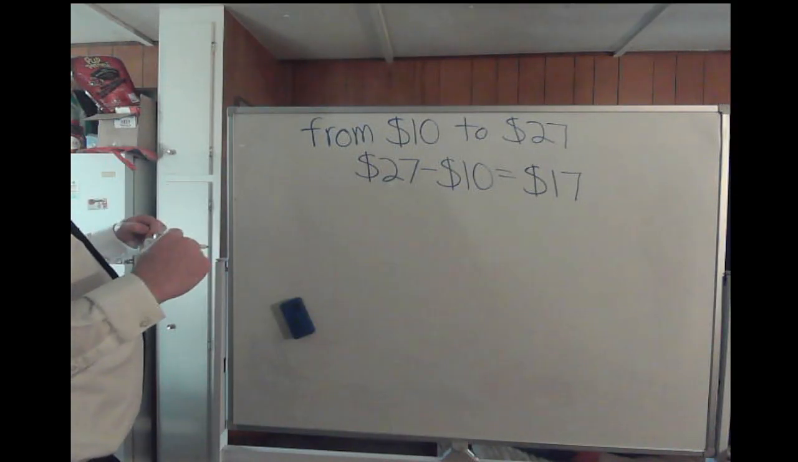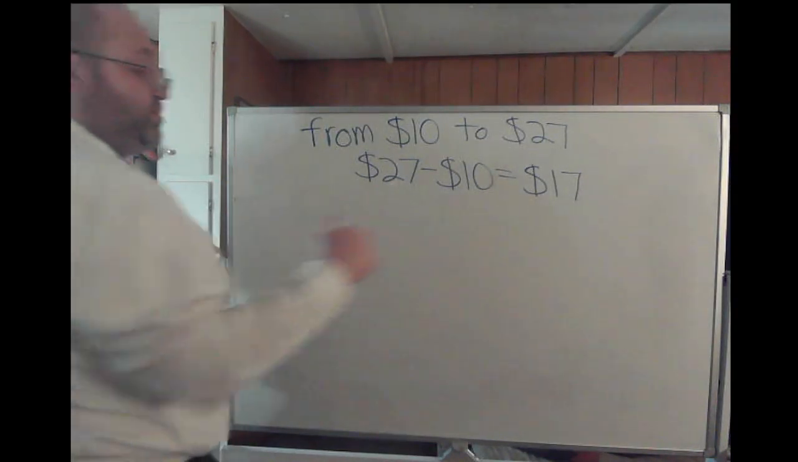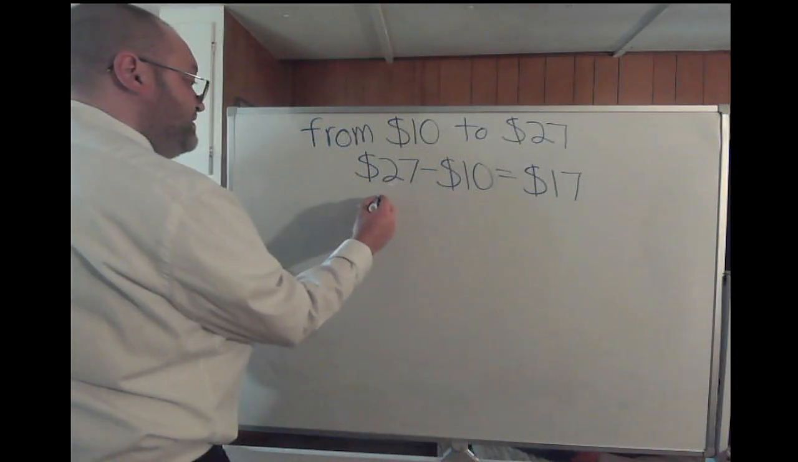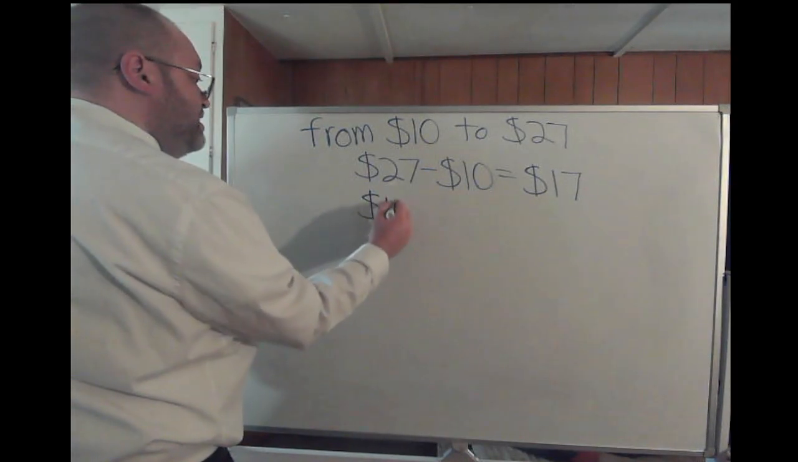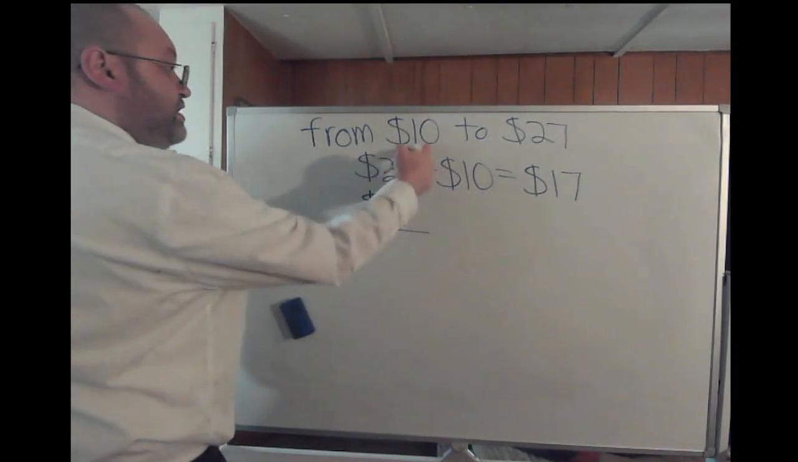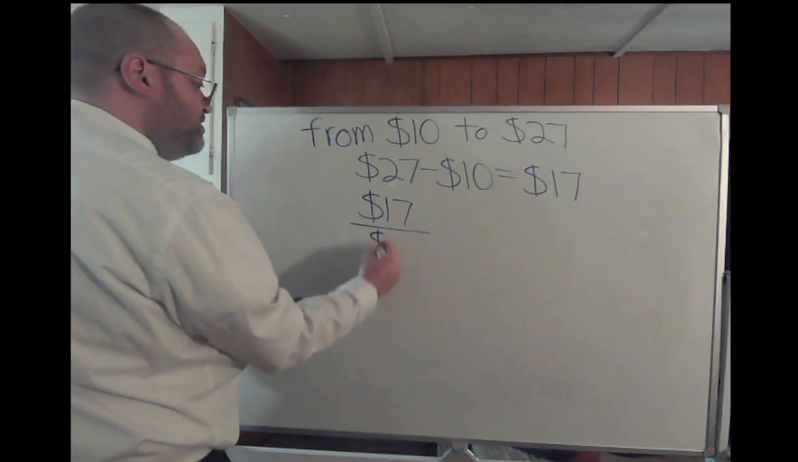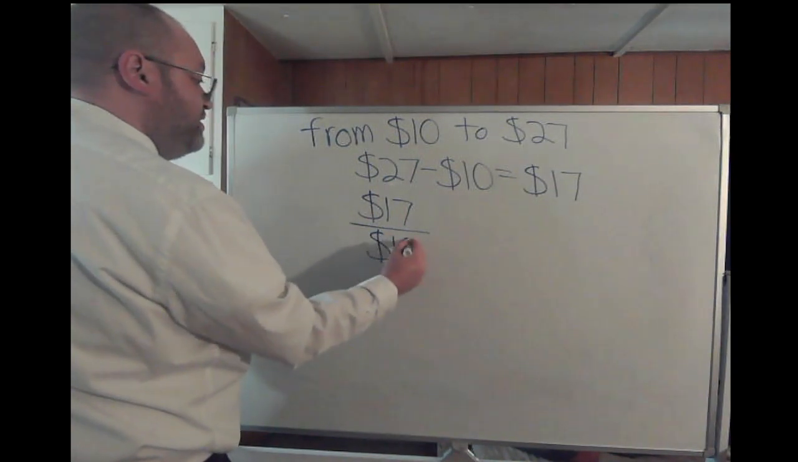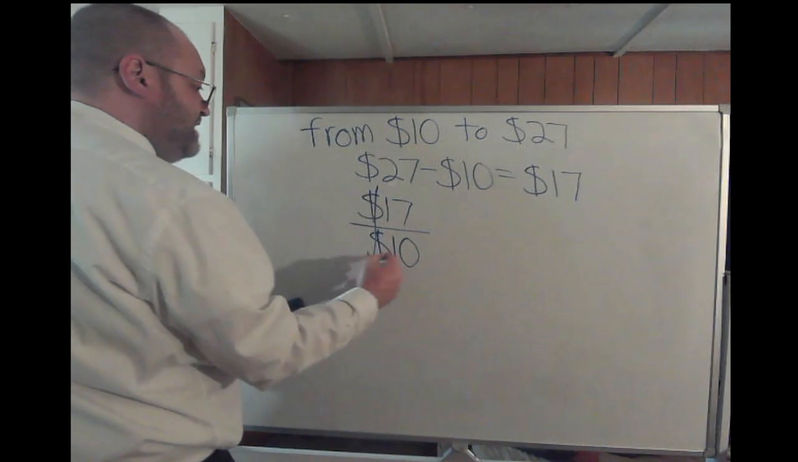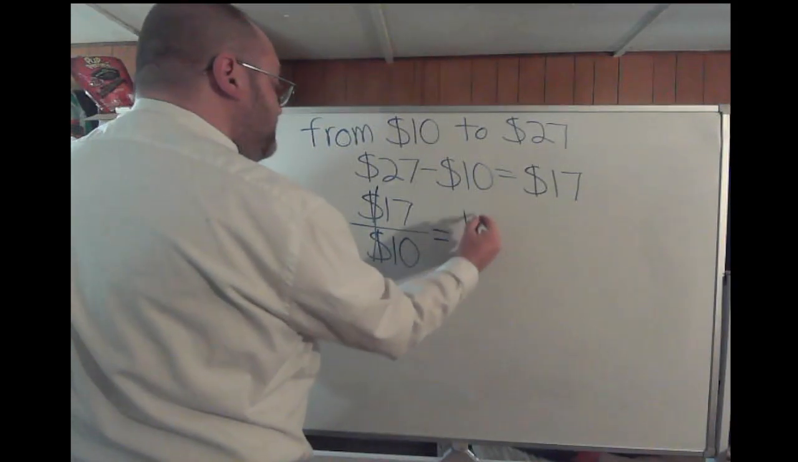Then you're going to take that change of $17 and put that over the original amount of $10. So you take your change, put that over the original. Well, the dollar signs cancel out. You're just left with 17 over 10,